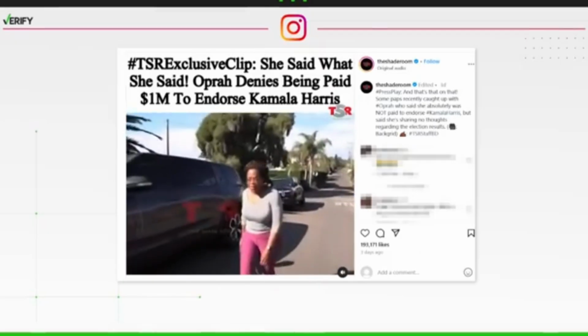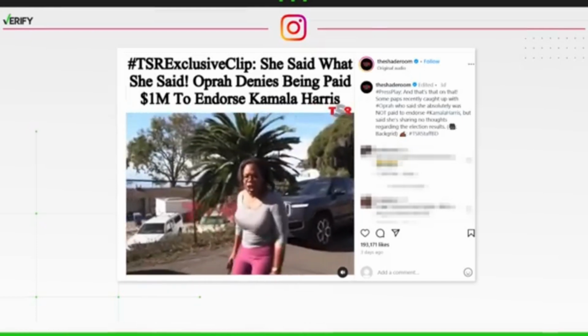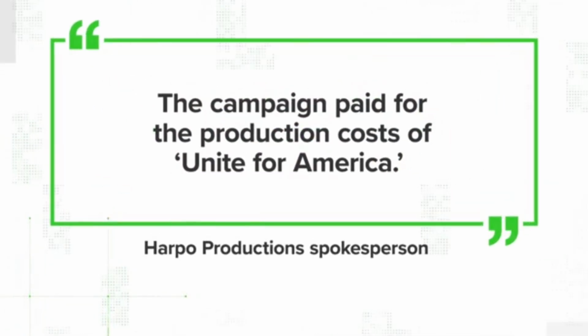Winfrey was asked about the rumor while walking to her car. Is it true that they paid you $1 million for the endorsement for Kamala? Not true. A spokesperson for Harpo Productions shared a statement supporting Winfrey's claim, saying the campaign paid for the production